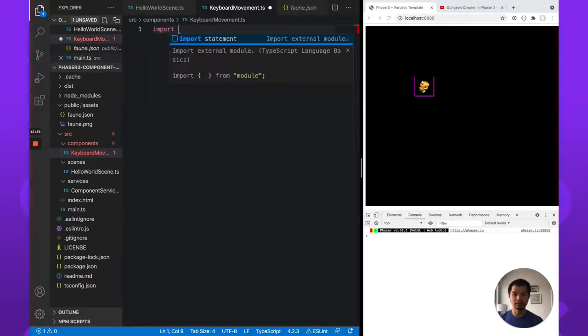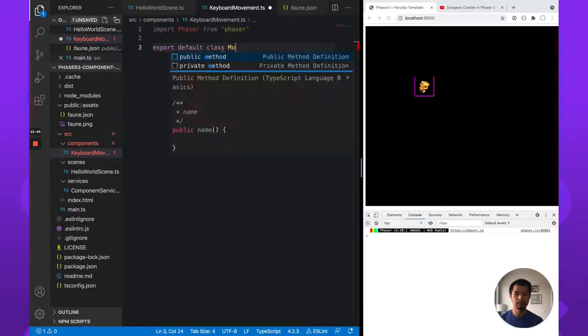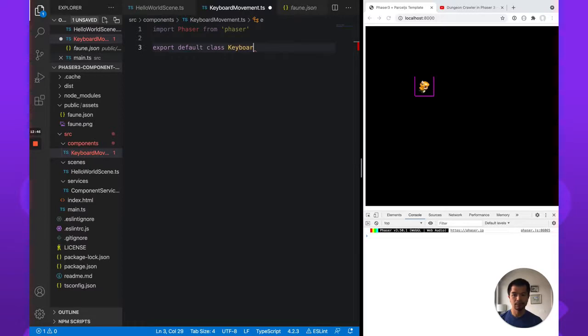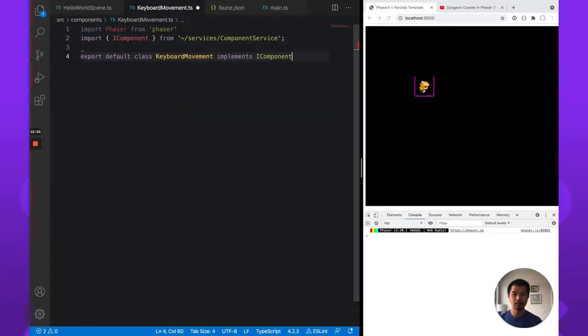So let's import Phaser from Phaser, we're going to need that, at least for some types. And let's go export default class KeyboardMovement. Let's just collapse this. And then I'm going to implement the IComponent interface from our component service. So just do that. And our IComponent interface expects at least this init method,